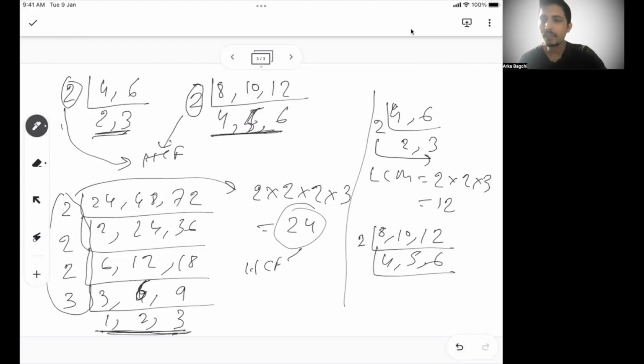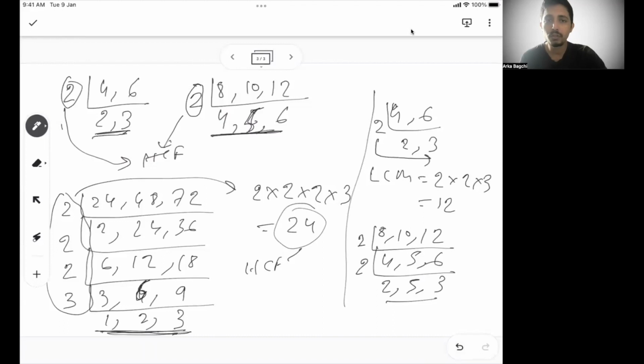For LCM, it's not mandatory to have a common factor between all of the outcomes. Even if at least 2 outcomes have a common factor. So here 4, 5, and 6, there is no common factor between 4, 5, and 6. But between 4 and 6, 2 is a common factor. So between any 2 outcomes, if you have a common factor, you should keep doing it for LCM and not for HCF. So if you divide by 2, you get 2, 5, and 3. 5 will remain as 5. The other 2 will remain.